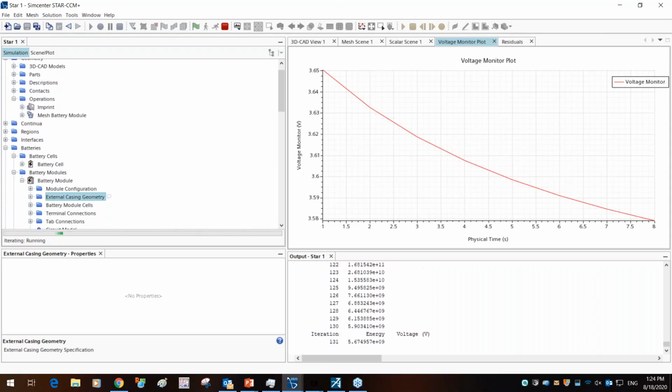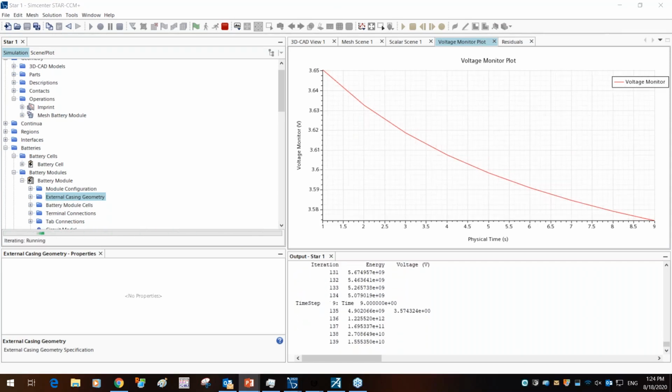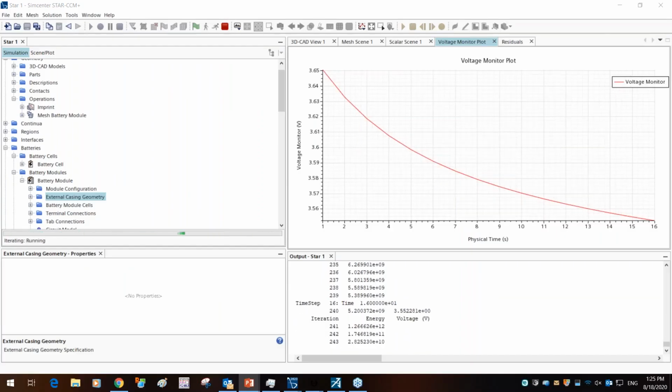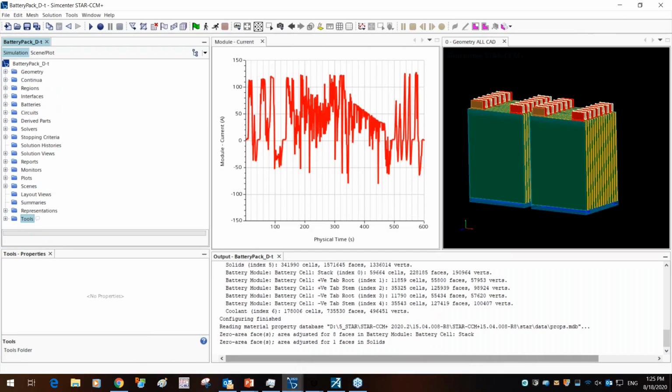But what we're going to focus on now is to go beyond just a single cell, but also look at a battery pack with a thermal management system, that's cooling channels. We'll look into making a design change and looking at how that updated geometry affects the performance. But beyond just looking at how it's updated the performance, we're also going to look into the design manager and how design manager can be used to find you the best design possible based on your objectives and constraints. So I'm just going to stop the simulation and jump into the model that I'd like to present today.